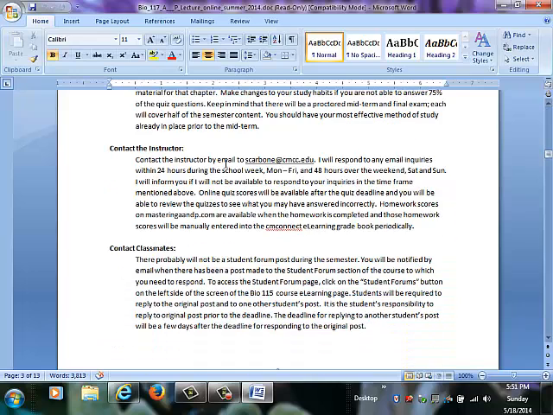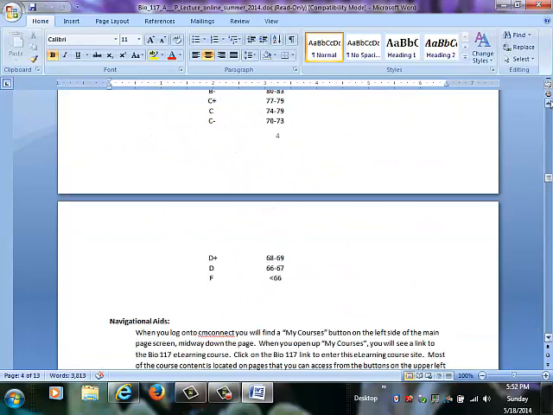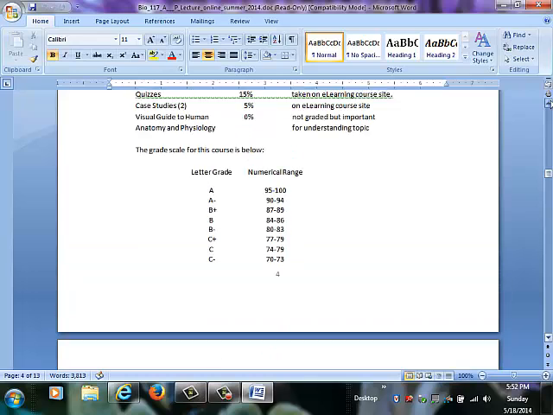I've already explained that you should email me with any issues. I usually respond the same day, if not the next day. Over the weekend it may be a little longer, but probably not. And then I will let you know if I'm going to be away for an extended period of time. Oops, went too fast. All right, let's go back